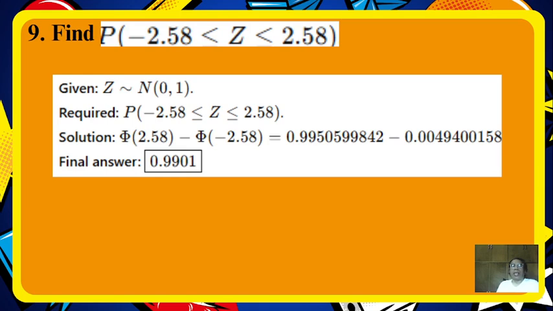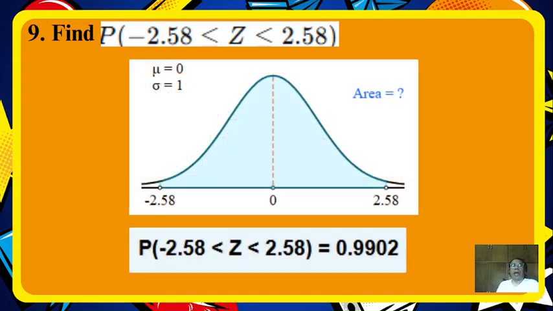Substitute the values. The final answer is 0.9901. Using our math portal, we have the area under the shaded portion equal to